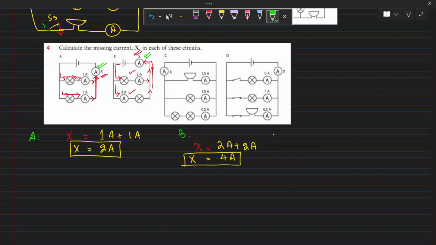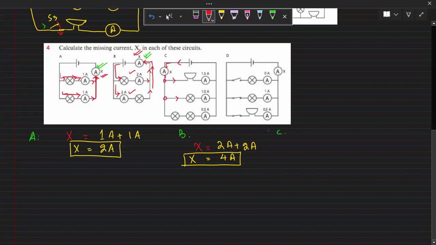Now what about this part C? You can see here the current starts flowing, right? And then it enters the ammeter. So that's going to be our total current. After flowing through the ammeter, when it reaches here, that total current splits up into the branches,